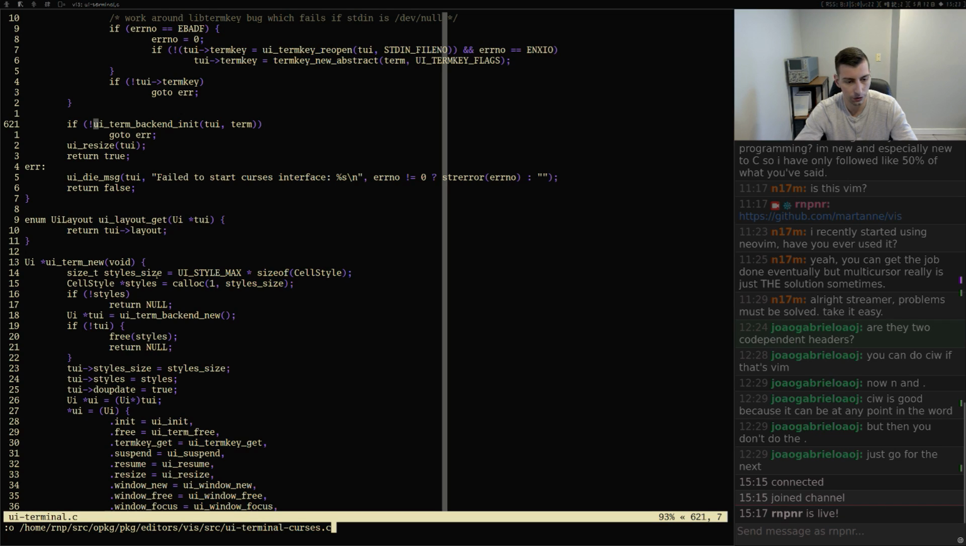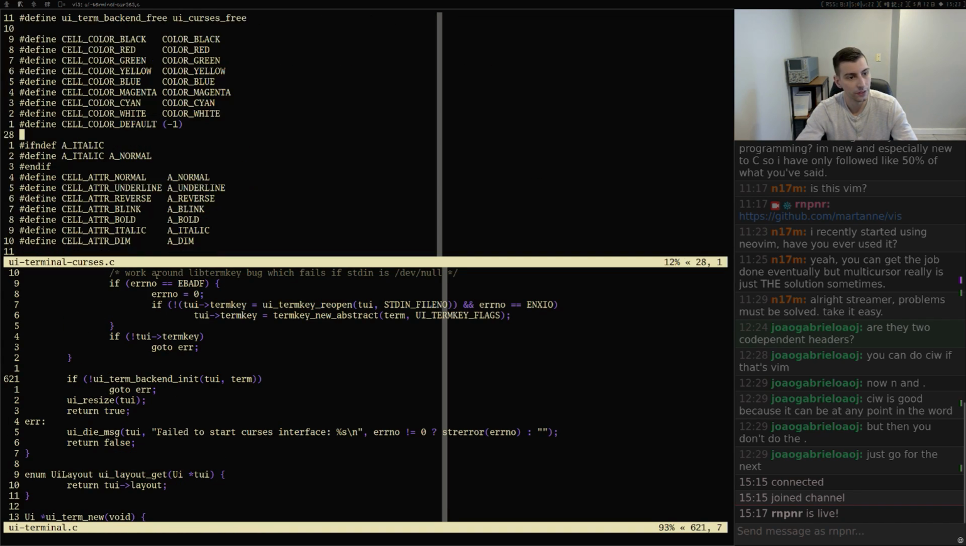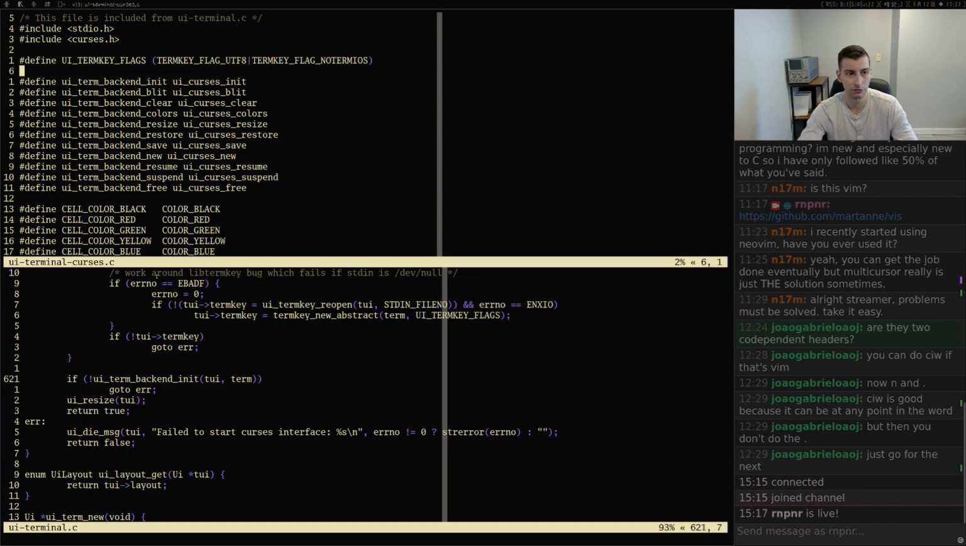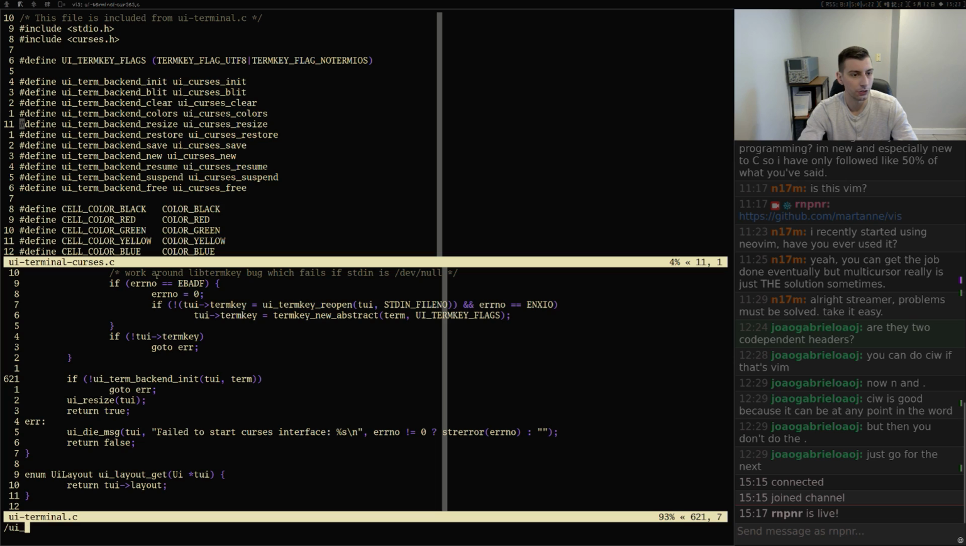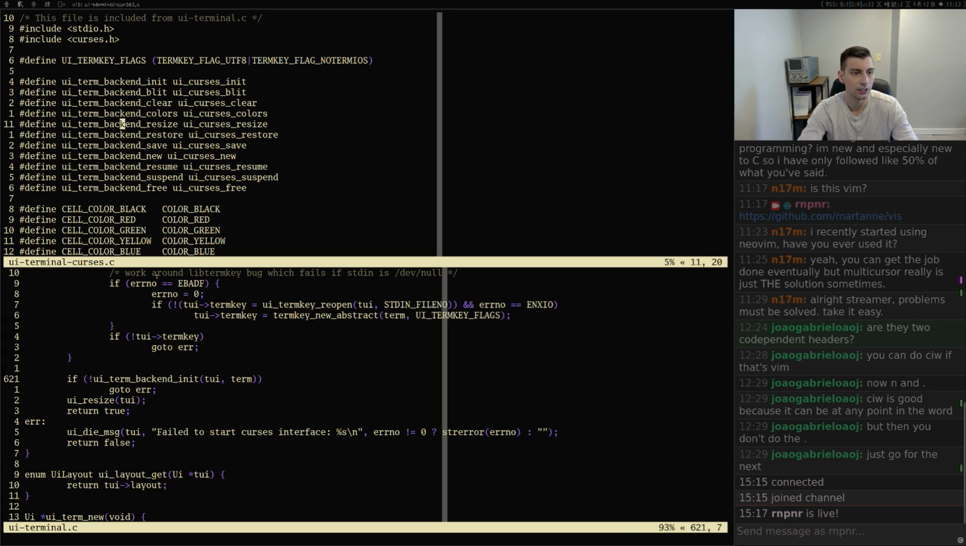Is it lib term key or is it lib? I think lib term key requires curses anyways. So that's a bit unfortunate, but the attempt was to have one that didn't require curses. It just hasn't been quite implemented correctly yet. So if we do UI term backend colors, now